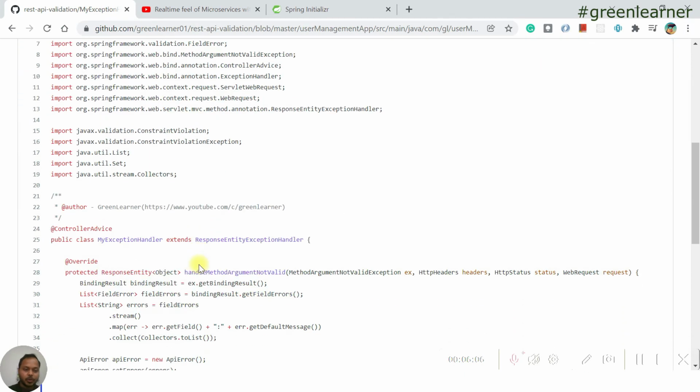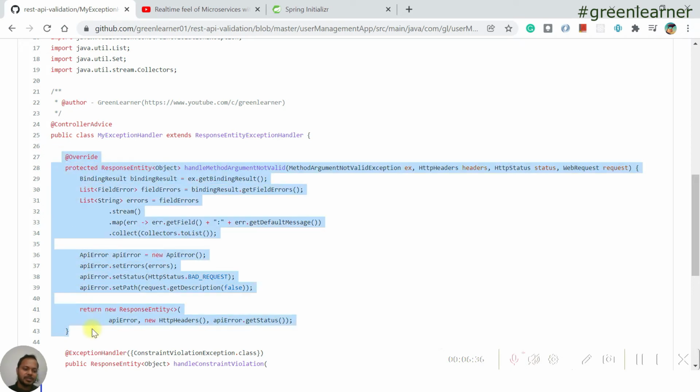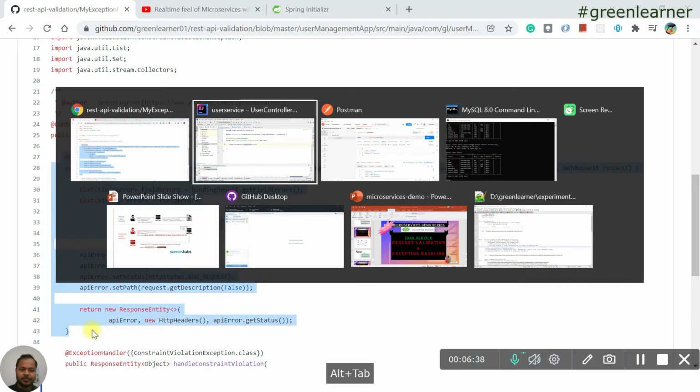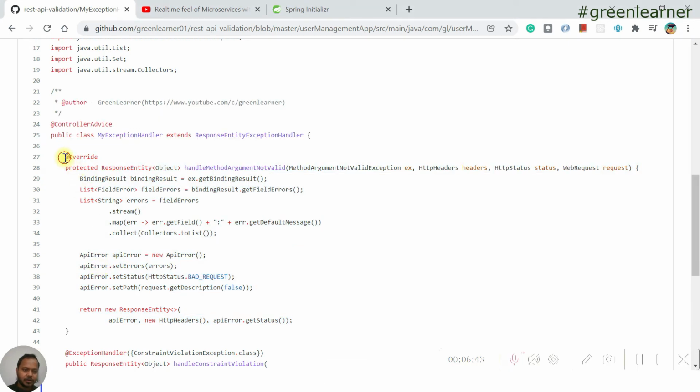This is the code that I'm looking for. You see my exception handler, this is the controller advice annotation and response entity exception handler, these things we are looking for. This is the important method that we are going to take from here, not this one, but take all of these.